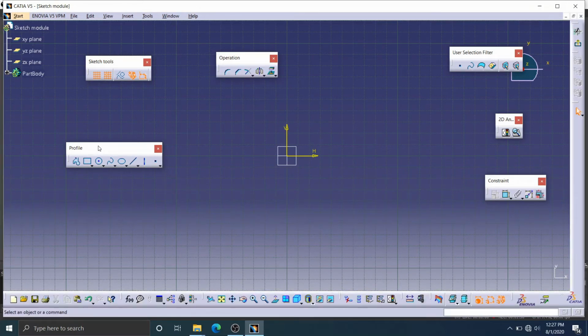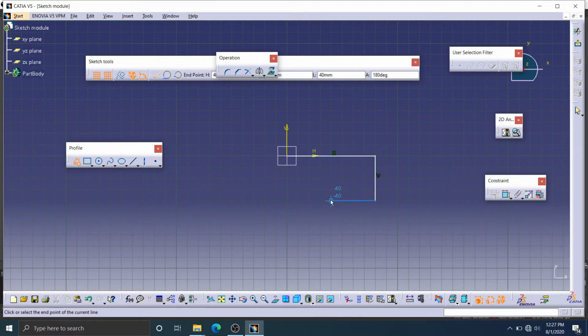Profile tool means predefined shapes will be available, for example rectangle, circle, ellipse. These are the predefined shapes available in the profile tool. Other than that, line, axis, point and profile are available in the profile tool. Using the profile tool, we can draw any type of profile.